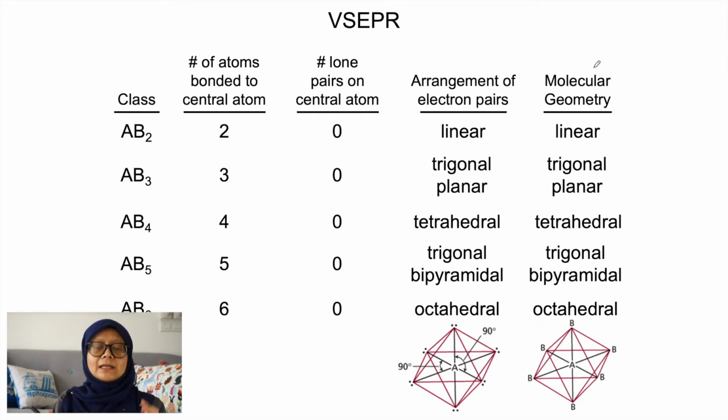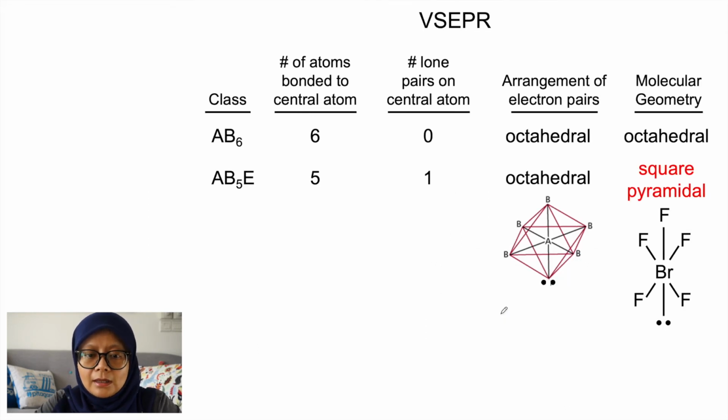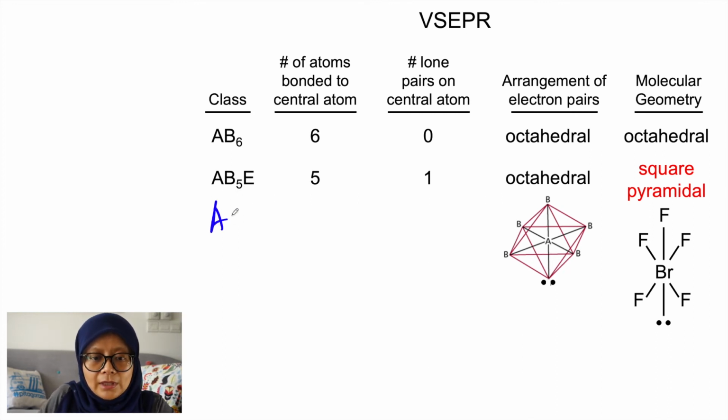And then last but not least, with the basic geometry, we have octahedral AB6. The class here is AB6 or AX6, with the 6 surrounding atoms. The shape here is octahedral with 90 degrees. Other than that, if we have one lone pair with 5 surrounding atoms, AX5E or AB5E,